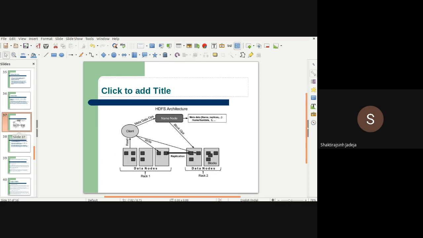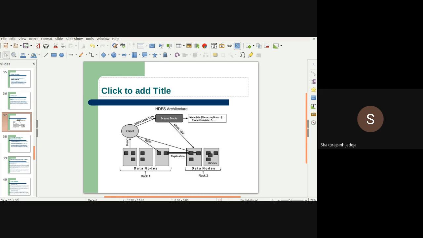As you can see in the image, you have these data nodes, which are the systems connected at a single location. Then you have rack 2 and other data nodes which are connected through the client and name node. This is the HDFS architecture.